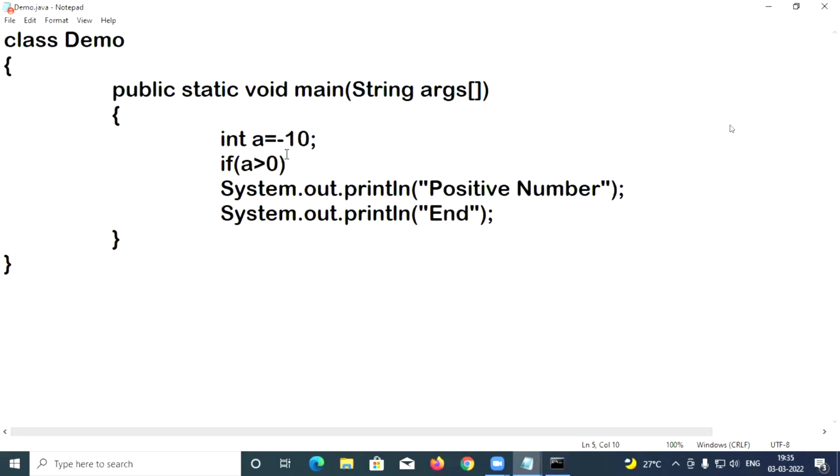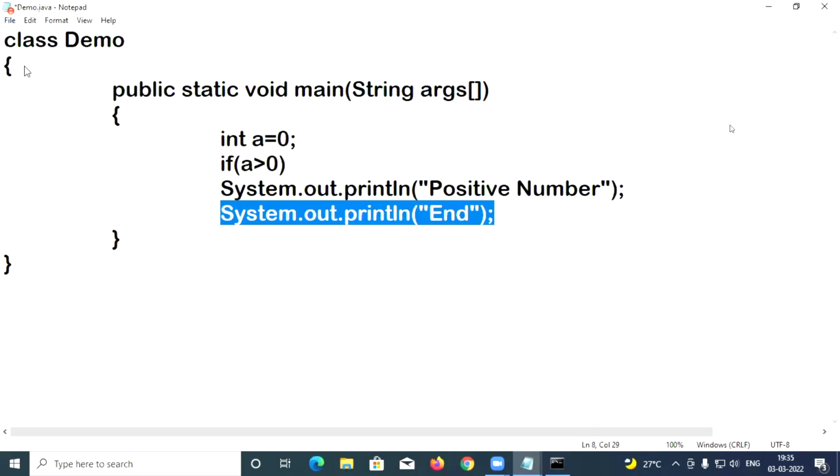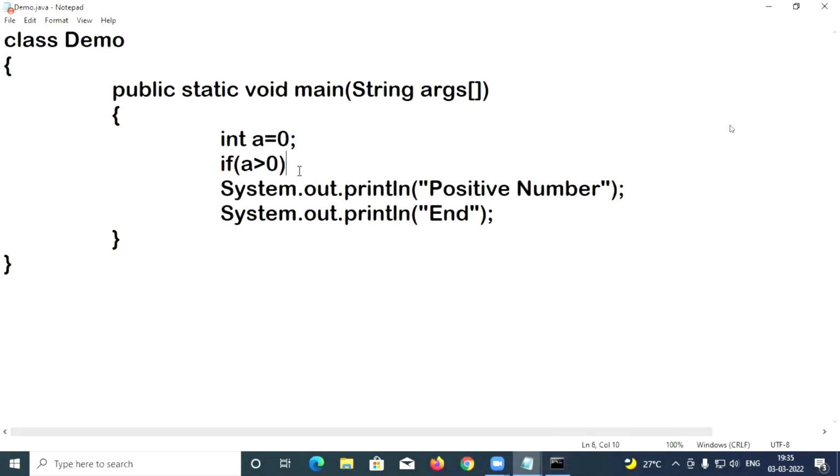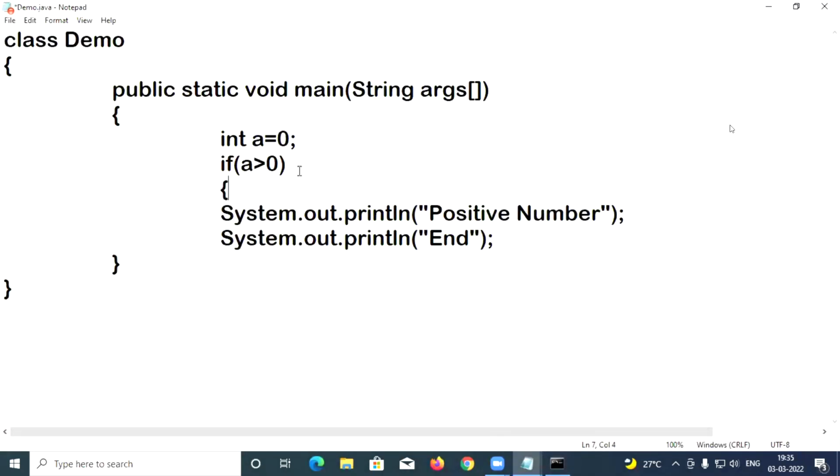Suppose if I write 0, 0 greater than 0 also false. Then end printed. File, save. Clear the screen. Compilation, execution. End. Okay. Suppose if I write braces,